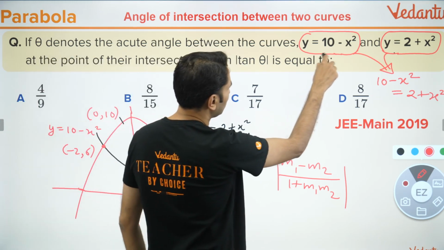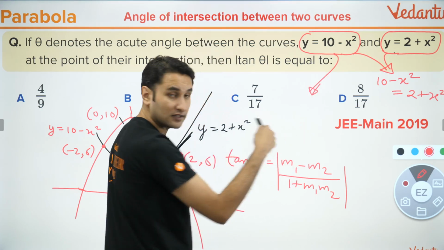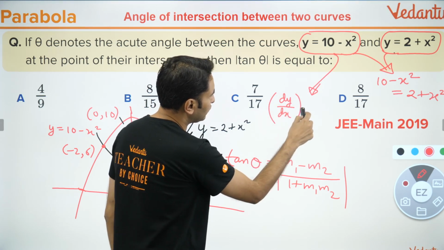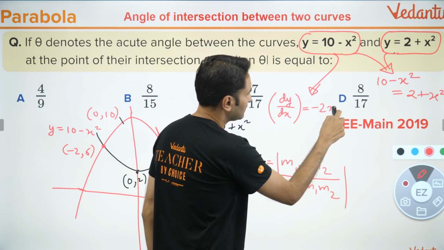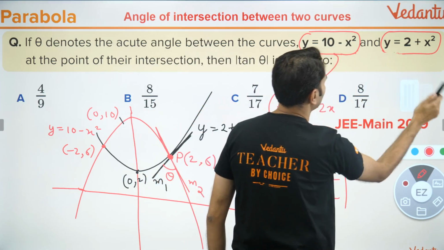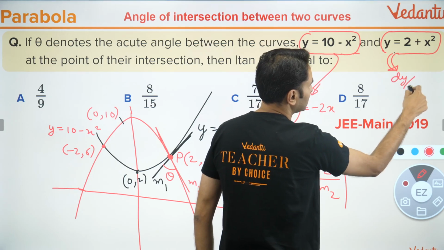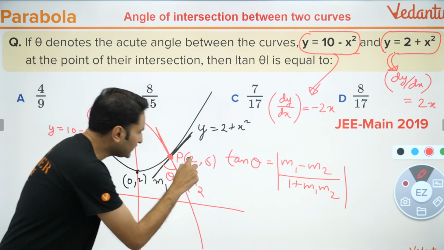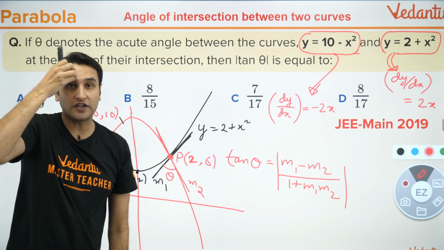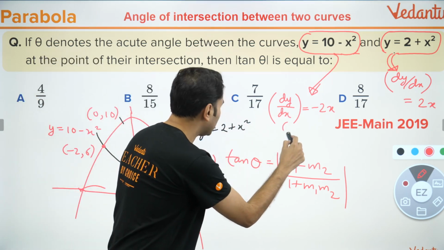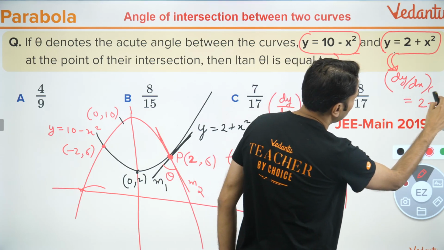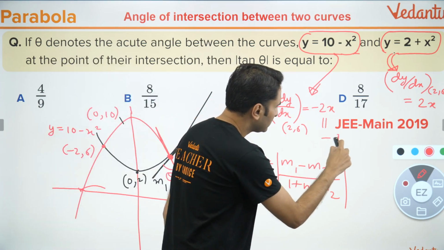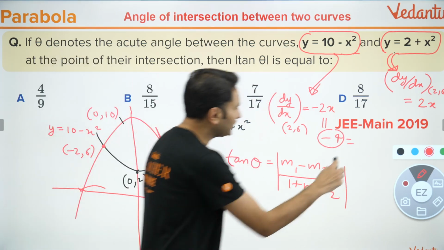Very simple. m1 कितना हो जाएगा? Differentiation. dy by dx. Now I'm doing dy by dx. dy by dx is equal to -2x. And dy by dx here is also equal to, what is the dy by dx here? dy by dx is equal to again 2x. At the point of intersection, what is the x bachcho? 2. So what is the slope at the point 2,6? कितना हो जाएगा बच्चों? It will be -4, this is m1, this is m2,